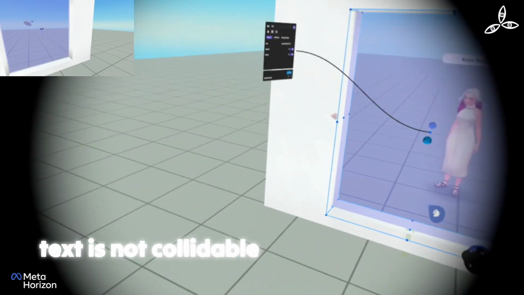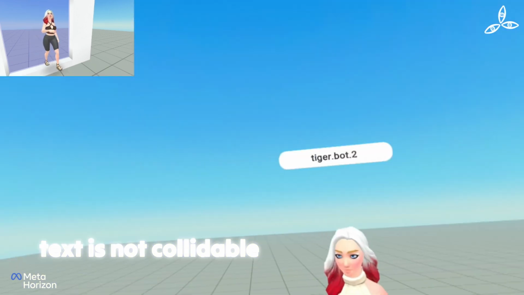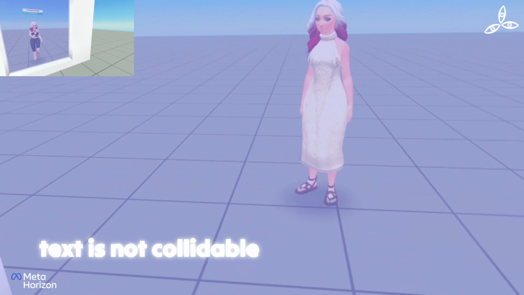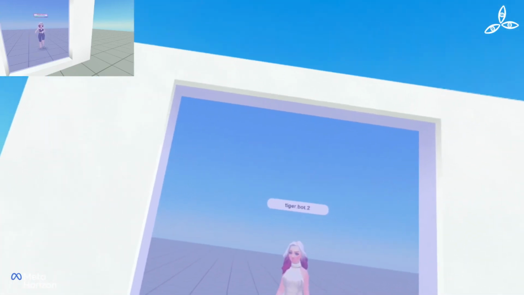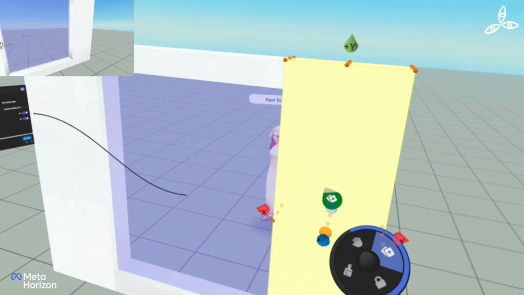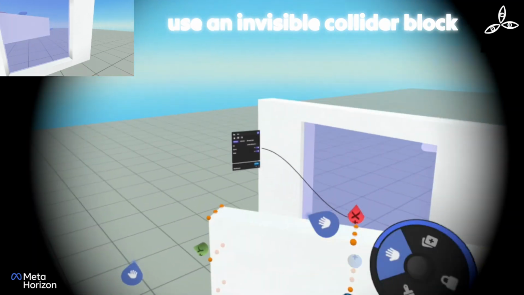So, I'm going to stretch that up. There we go. So if a player were to just walk through the window, it can absolutely do that. There you go, just pass through the window, which is nice. So what you can do to actually make that not passable is quite simply, you get a block, key